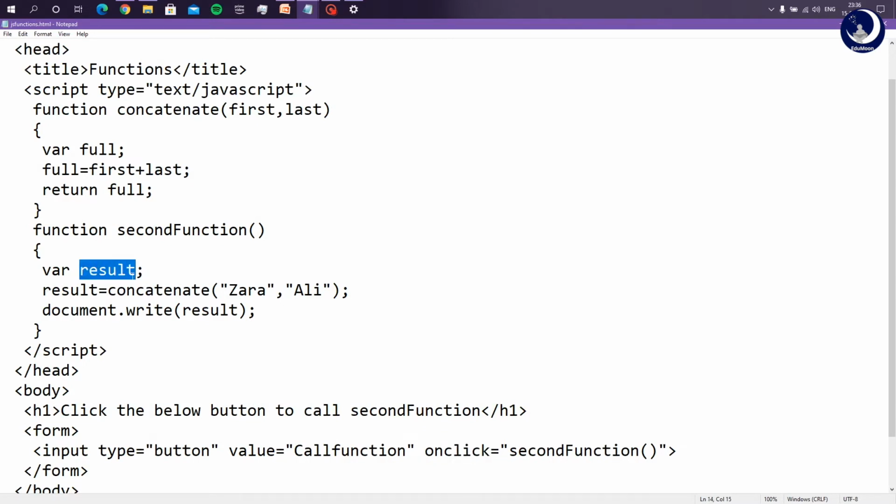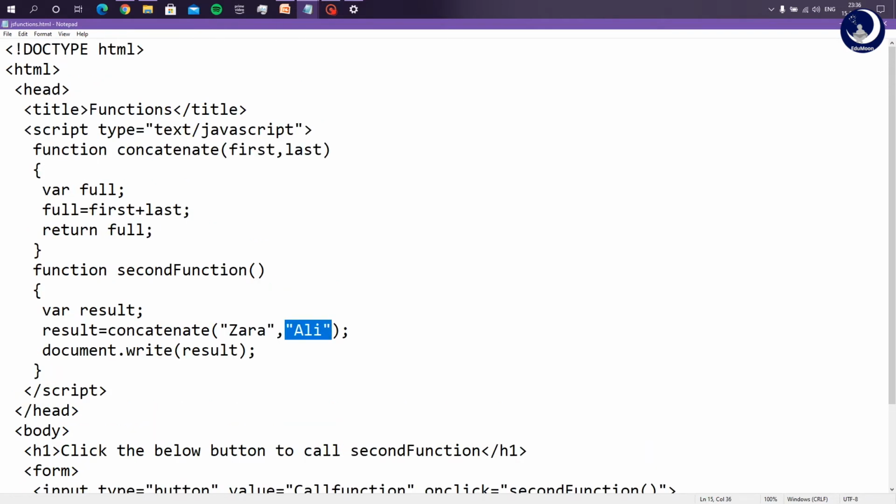Second function consists of a variable result, and it is set to the value returned by the concatenate function. It is sent two parameters, Zara and Ali. Let us see the definition of the concatenate function. It consists of two parameters, the first is set to Zara and the last is set to the string Ali.